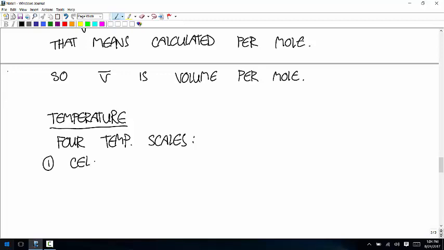There's Celsius and Fahrenheit, and then there's Kelvin